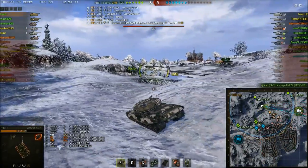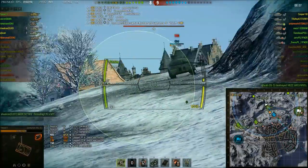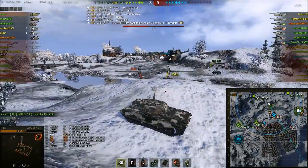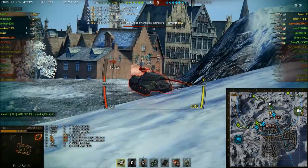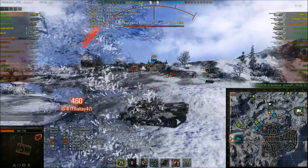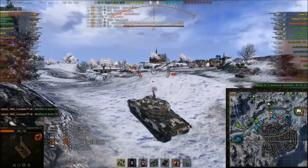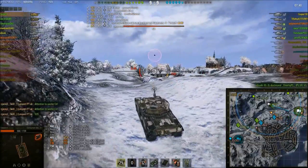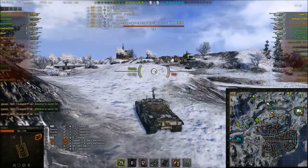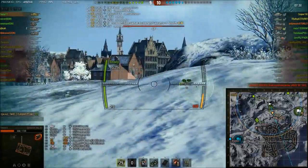So again, this tank, it's not the fastest, but it's fast enough to relocate. So the IS-3 was focused on me. I get a shot into him, but Tanza misses a shot on the move. And an IS-8 was waiting. So Tanza gets another shot into the IS-3. There's an IS-8 who shot Tanza from spawn. I can't really go up after that IS-3 because of that IS-8 shooting from spawn, so